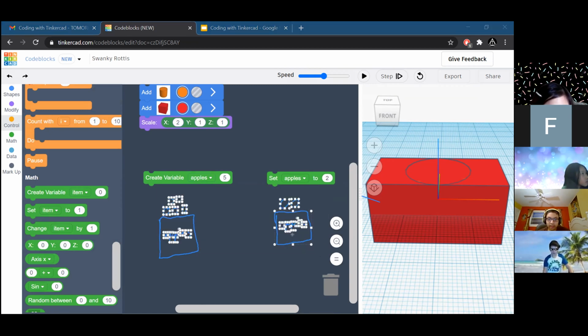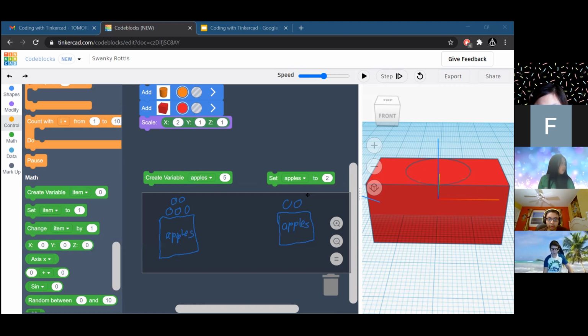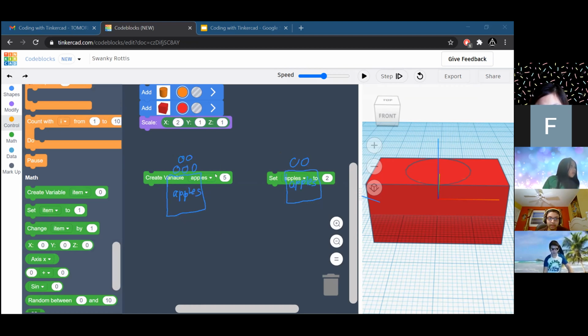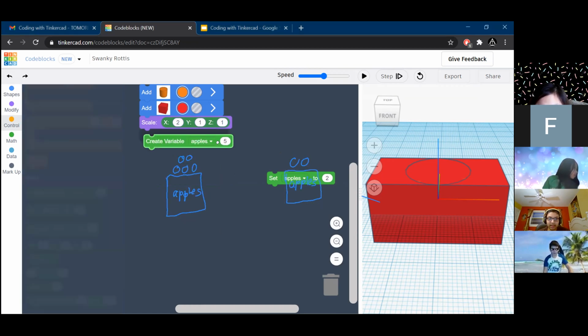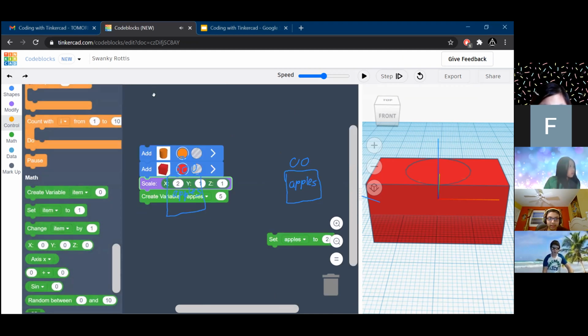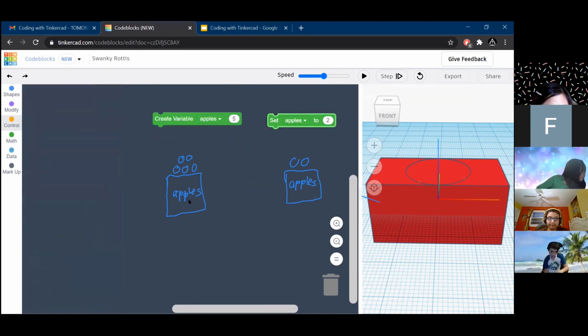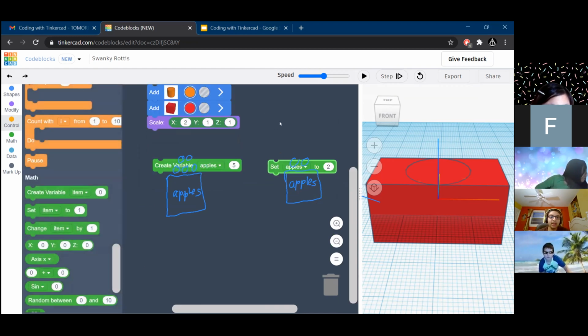Now we are going to have one more command that's important, and this is called the change by command. What this does is it's going to add or take away apples.